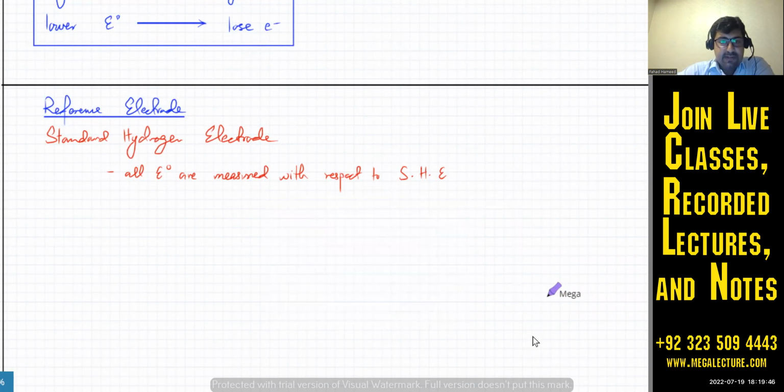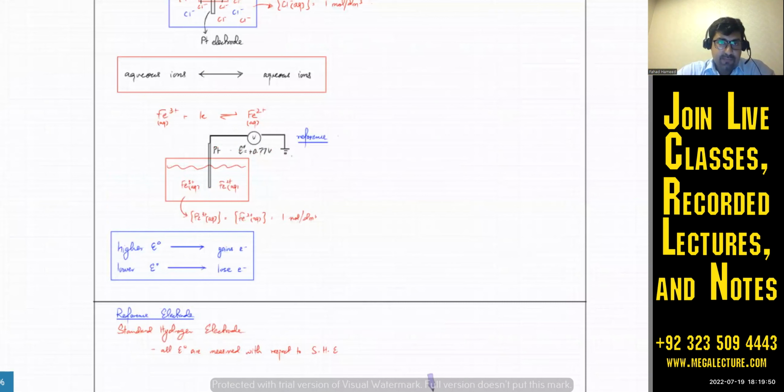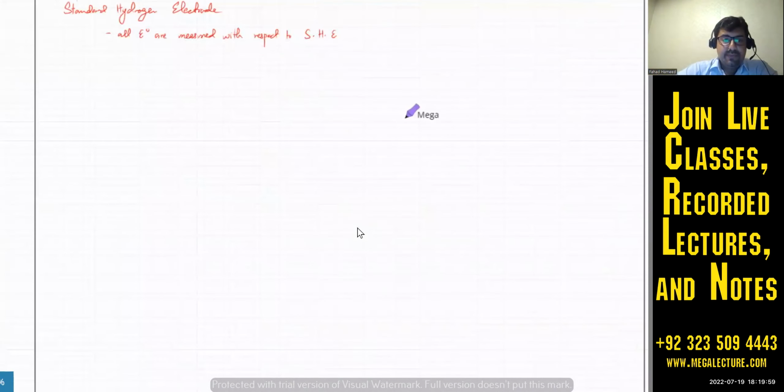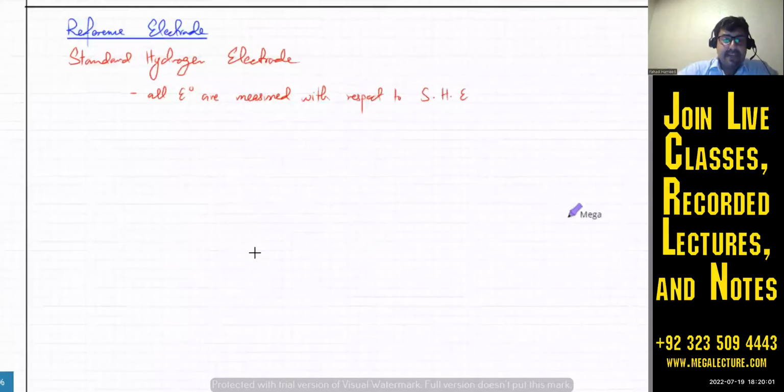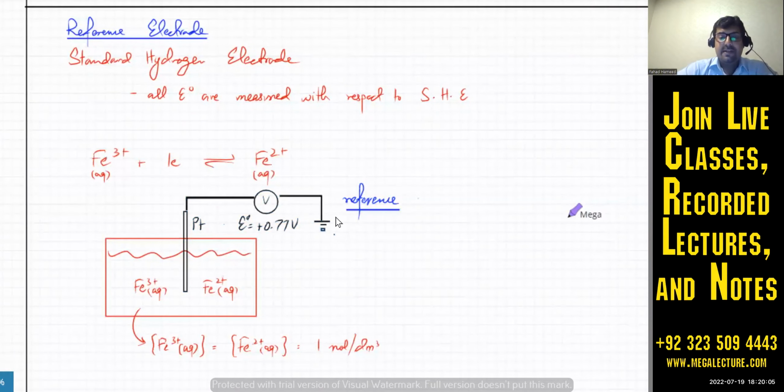So coming back to this hydrogen electrode, I'm going to try and complete the drawing now. I had this electrode. I'm going to copy this electrode, and I'm going to make a full cell now. The previous diagrams that I did were not complete, because the reference part was missing actually. So I'm going to complete this now. I'm going to add the standard hydrogen electrode to this. And the standard hydrogen electrode would be,